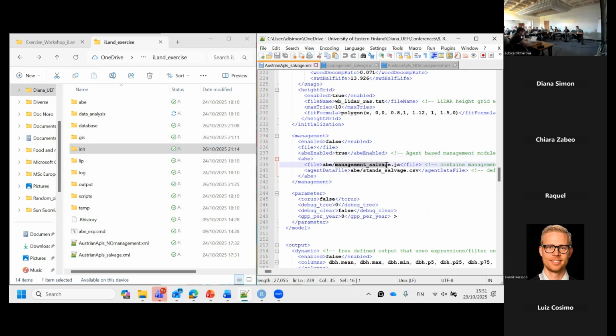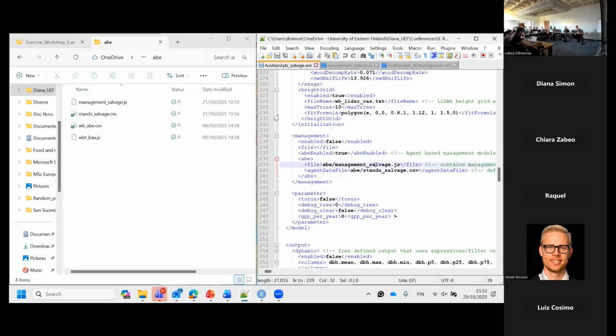One is a JavaScript file where you define all the management options, and then in each stand, the type of management applied is defined through a CSV file. What I implemented here is only salvage, but it can be a full program of management options. Now, in the file, if you go to ABE,